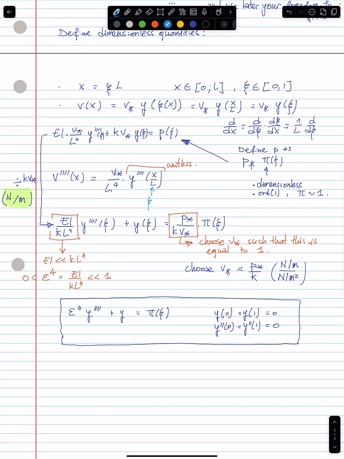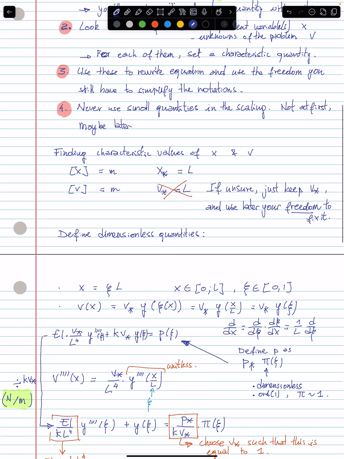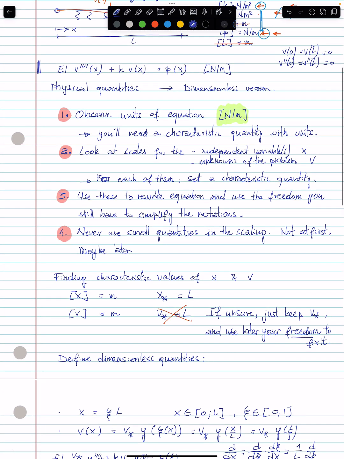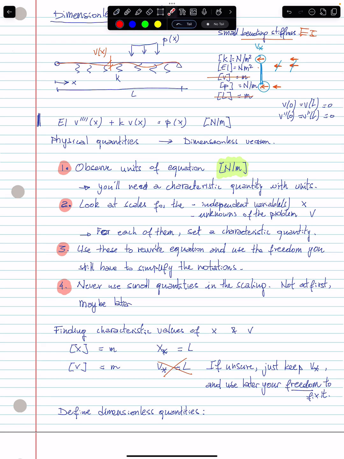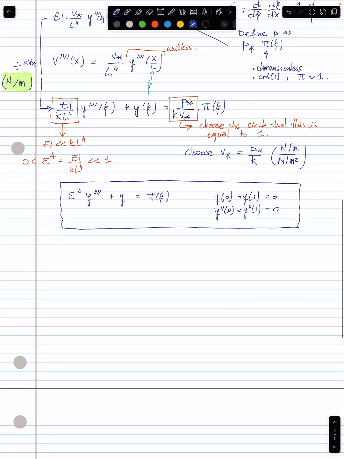All right, so let me just tackle another problem, which is exactly the same, but let's assume now, on top of the elastic restoring forces in the beam and the external applied loads, that we have some dynamics, and let's assume we also have inertial loads or inertial forces. All right, so if we do that, then problem 2,